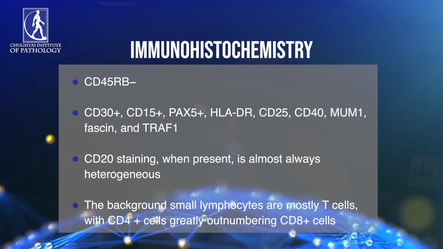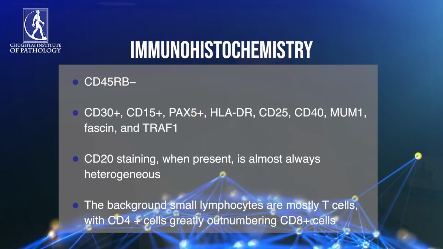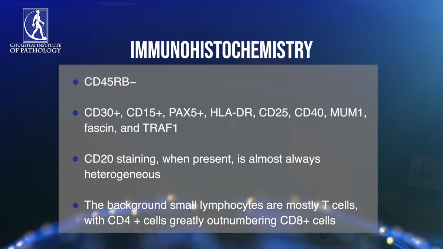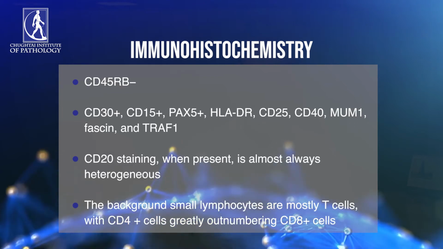It's positive for CD30, CD15, PAX5, HLA-DR, CD25, CD45, CD40, MUM1, fascin, and TRAF1. The more important thing that I want to highlight is CD20 IHC stain can be positive in cases of classic Hodgkin lymphoma, but the important thing is the pattern of the staining would be different. The CD20 IHC stain will always be positive in a heterogeneous fashion, which means you will see an area where